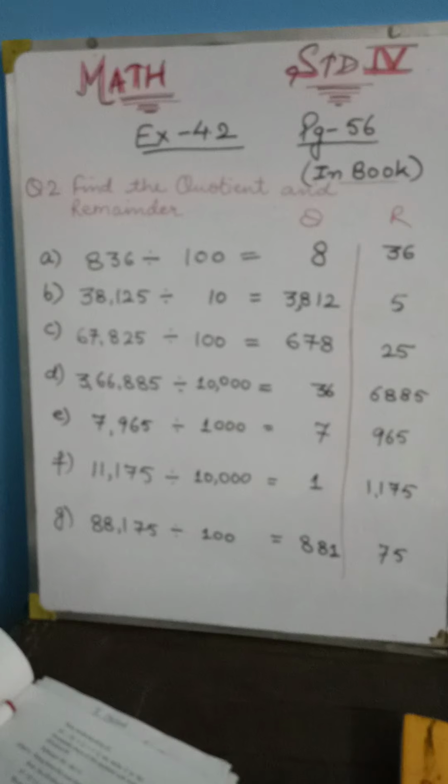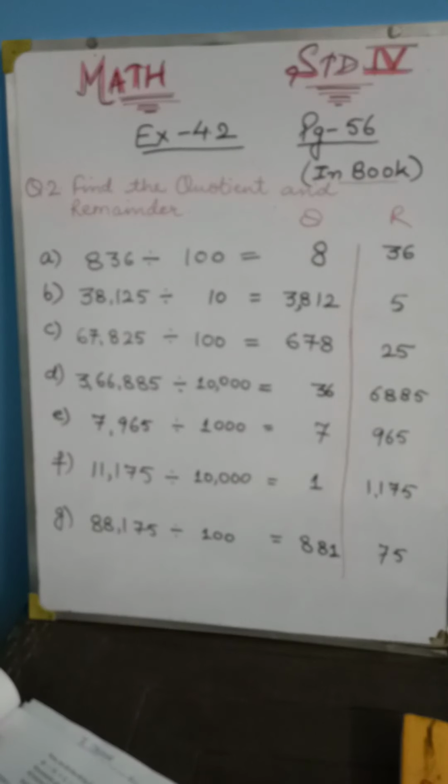So this is all about our question number 2. In that we have written quotient and remainder in a very short way. No need to show the complete division. We only have to write the answers. So we have discussed how quickly we can write quotient and remainder. This was all about our exercise 4.2. In this exercise only 2 questions were there. We will do these 2 questions in the book, and do the revision in your revision copy. Whatever parts are left you will do on your own. That will be your practice.